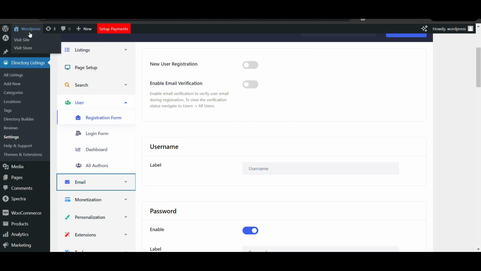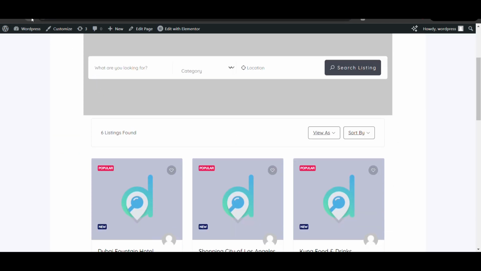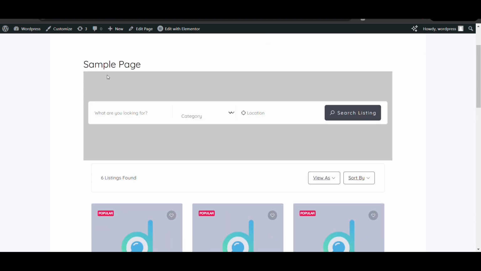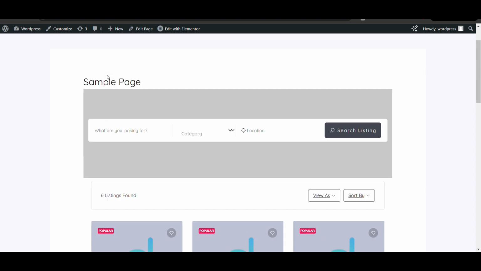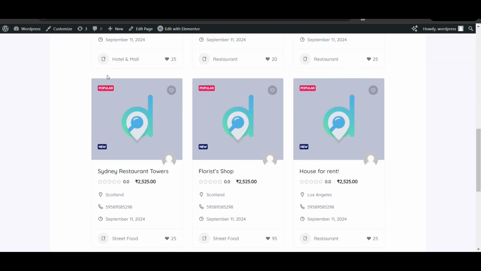That's how you can create listings in it: view pages, add listings, modify listings, everything. There are multiple customization options. If I created that video, it would go on so long. I've given a basic view of how you can do it, how to use that plugin, how you can set it up. If you need more detail, let me know. So that's all. Thank you for watching.